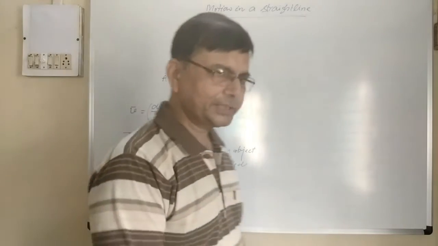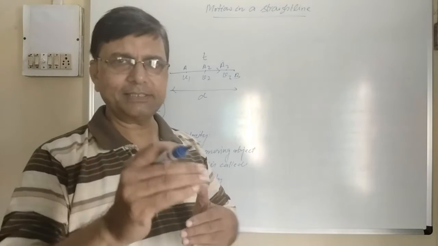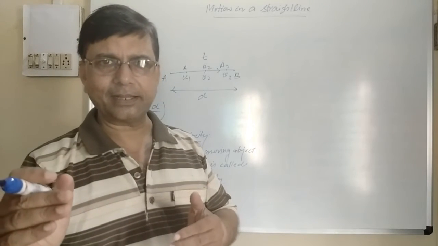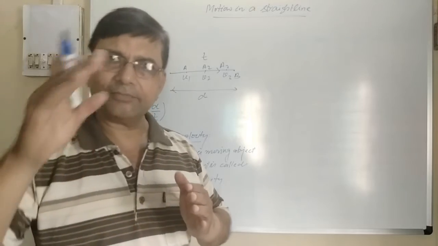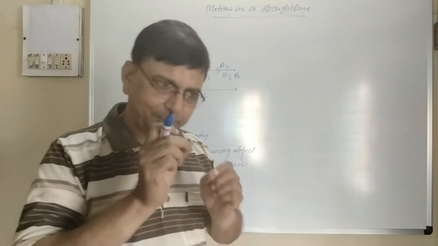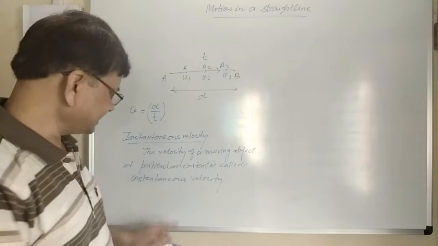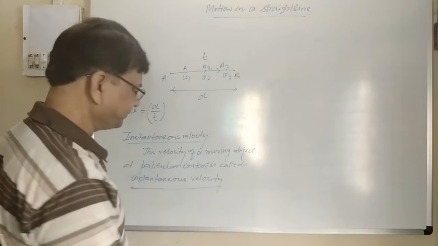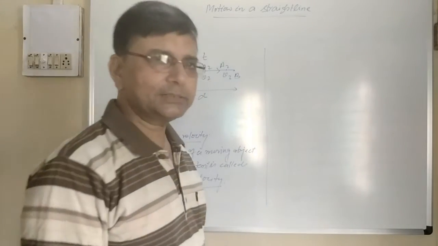So instantaneous velocity is clear, because at the 5th second, 7th second, 9th second, suppose it takes 50 seconds. So at the 1st, 2nd, 5th, 9th second, at that particular instant, whatever the velocity is, it is called the instantaneous velocity. So how is the instantaneous velocity defined